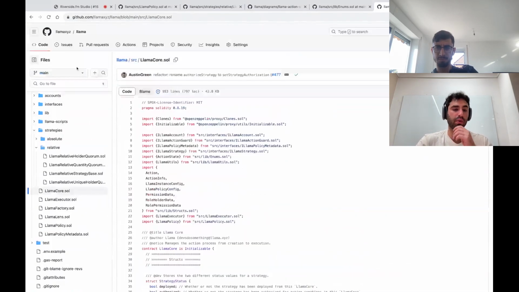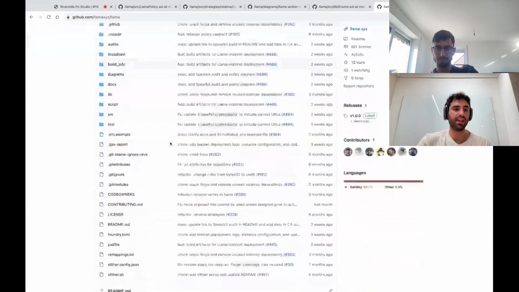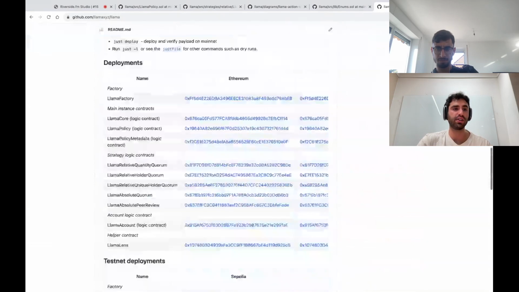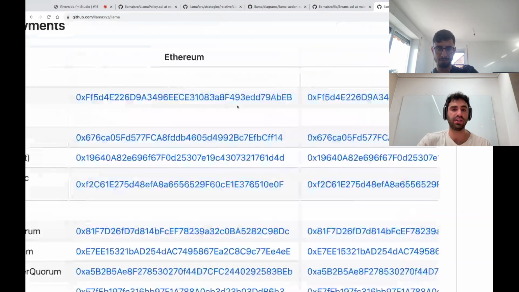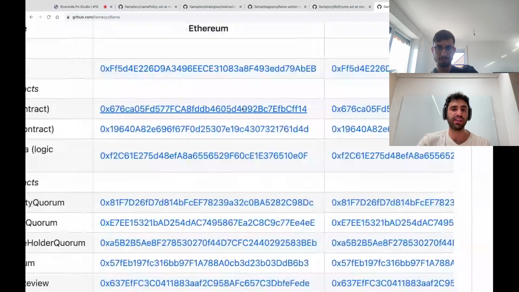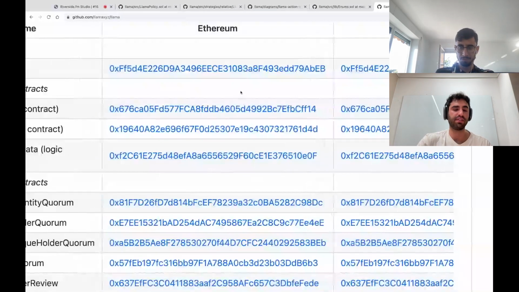In terms of where we're at, Llama is deployed to most major EVM chains. We've been audited 3 times. You can see the addresses here, and the factory contract. We haven't publicly launched because we're in the process of onboarding our initial customers right now.